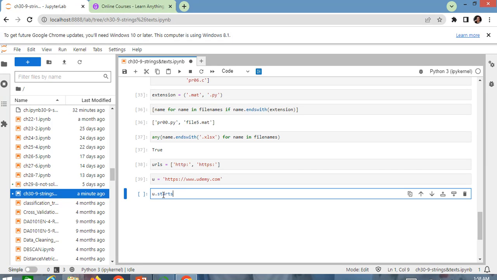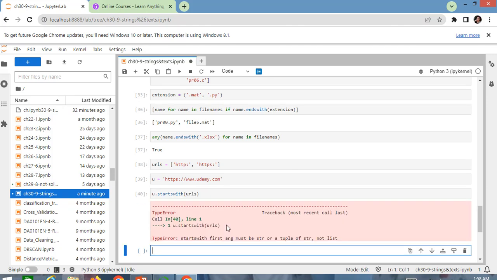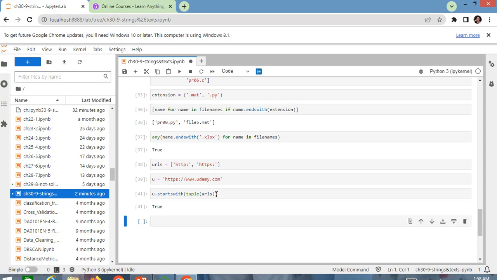And say url startswith the same URLs. You can see that we get an error because the first argument of startswith must be a tuple or a string and not a list. So we can do it like this, with the tuple form of these URLs, and you can see that at this time